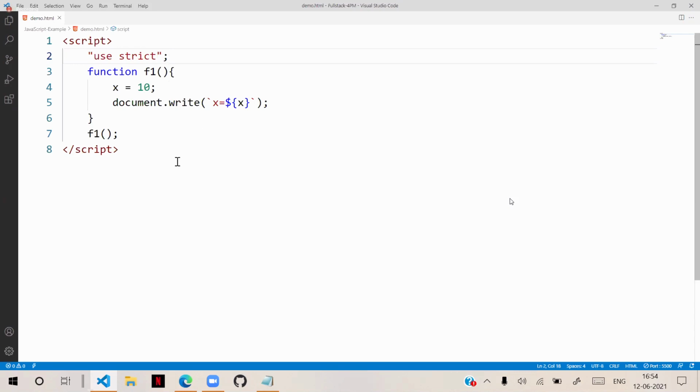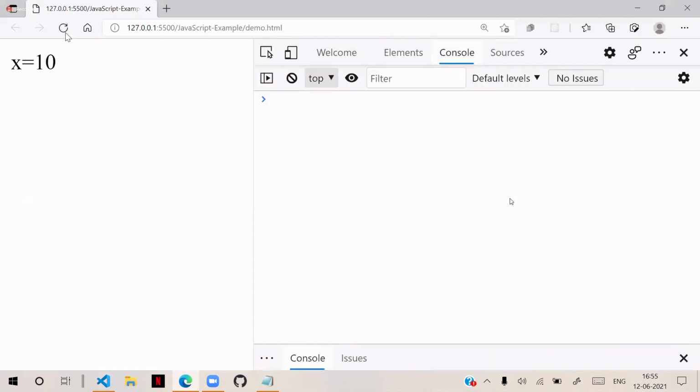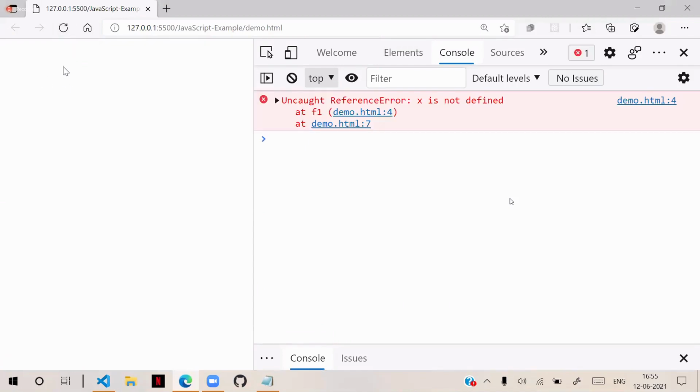Now, when you write this, it will force the developers to write as per standards. So if you misuse the technique and you try some other thing, it will not allow it. It will simply report a problem. Now you observe carefully. Currently it is working fine. Let's go to the console. I will refresh what I have written and you see it's not working and it shows an error, saying that x is not defined.